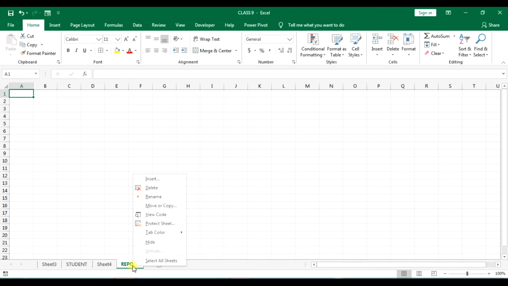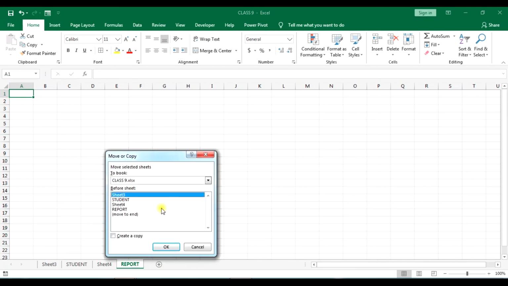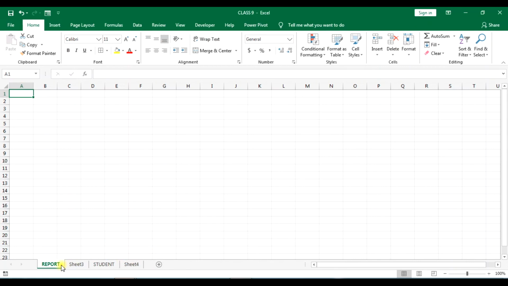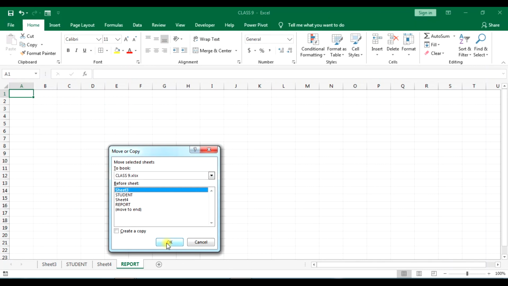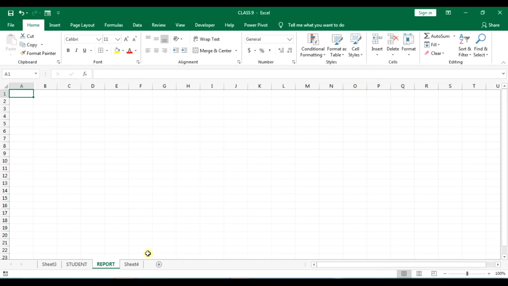The other way is to right click the mouse button and click on the Move or Copy option. Move to end, or move to Sheet 3. Now click on this option, and it has been moved. So I have taught you two ways to move your sheets. First, drag and drop. Second, right click on Move, and select the sheet where you want to move. Suppose I want to move it to Sheet 4, click on it, you can see here.